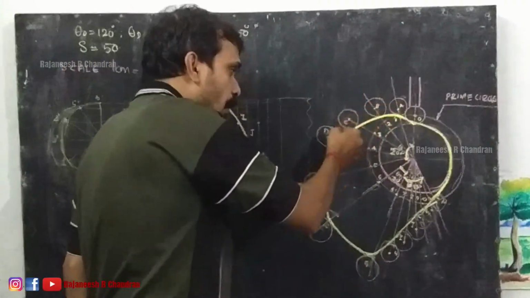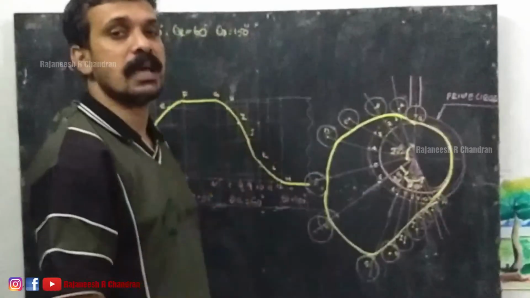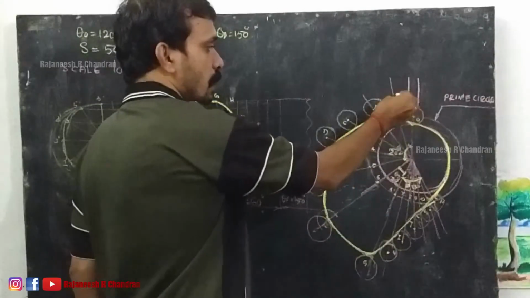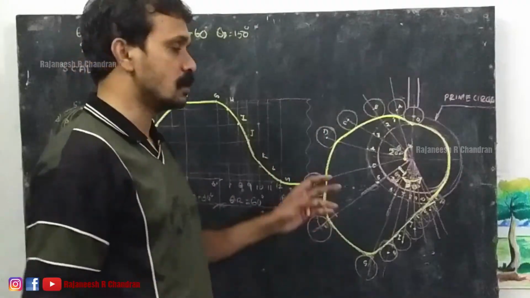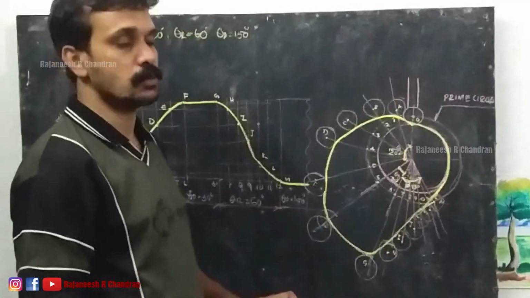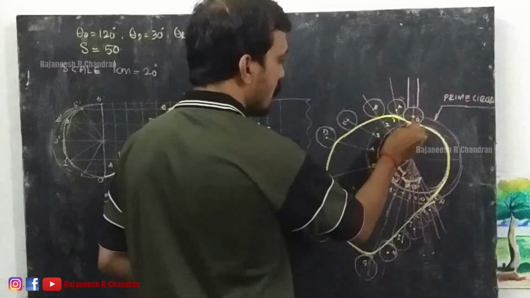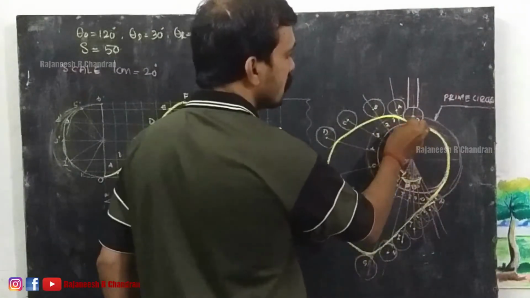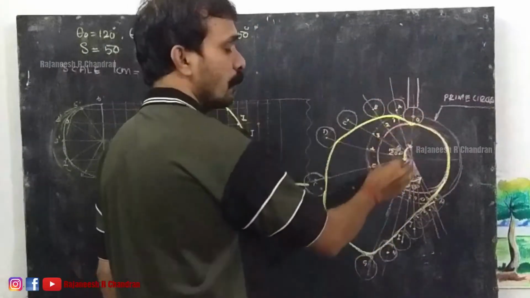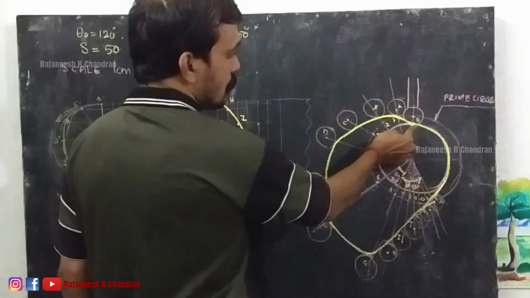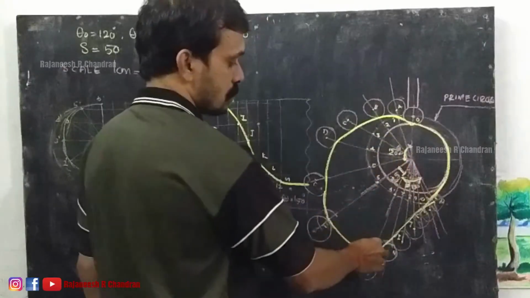Through every point draw rollers having diameter 20. So through A, through B, through C, through D, through all these points draw a roller of diameter 20. Now we know that this will be the initial point, because this is the base circle, and that base circle meets with the initial follower there. So that will be our initial point. From that point draw a curve tangential to every roller like this.